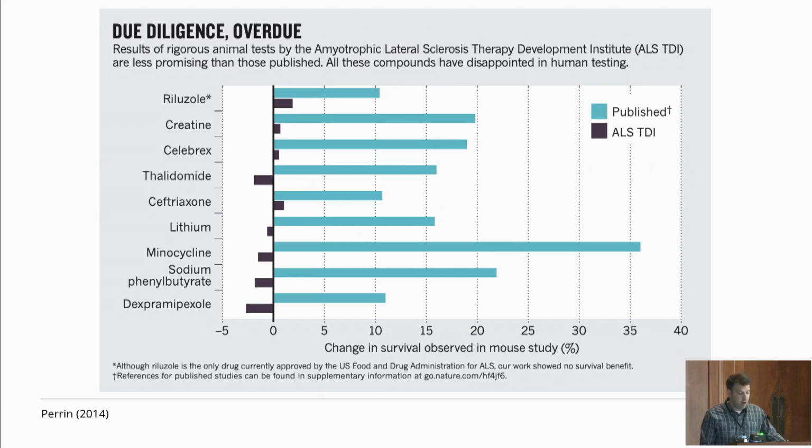Also, all of these had disappointing results in human trials. So this leads to wasting time, money, animals in this case, to try to build evidence that was not as reliable or credible as it was originally thought. And this also means pushing false hopes into having these go into clinical trials and experimenting when we might not have done that if we had known these replicability rates beforehand.